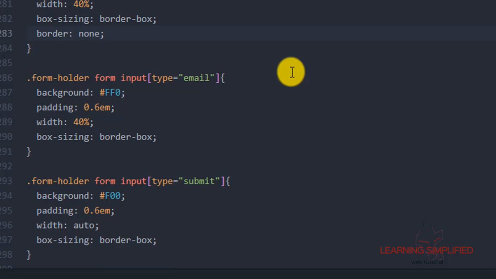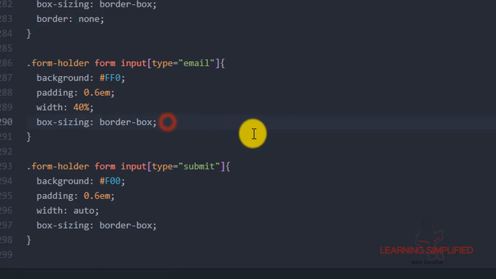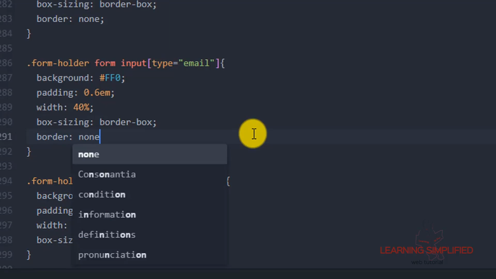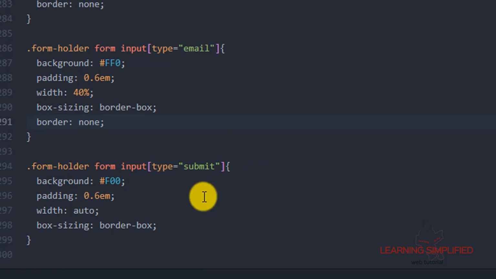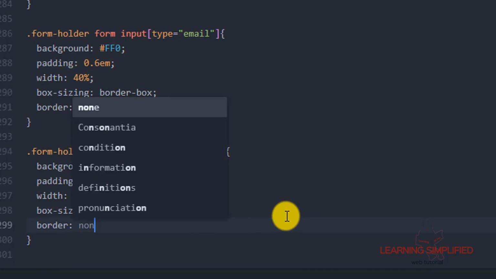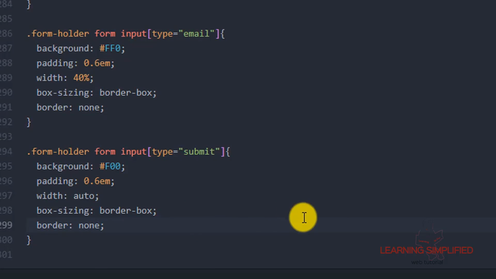We do not wish to have any kind of border, so we are putting border to none. Same thing here, border none. And in the last case too, we will be putting this border none.